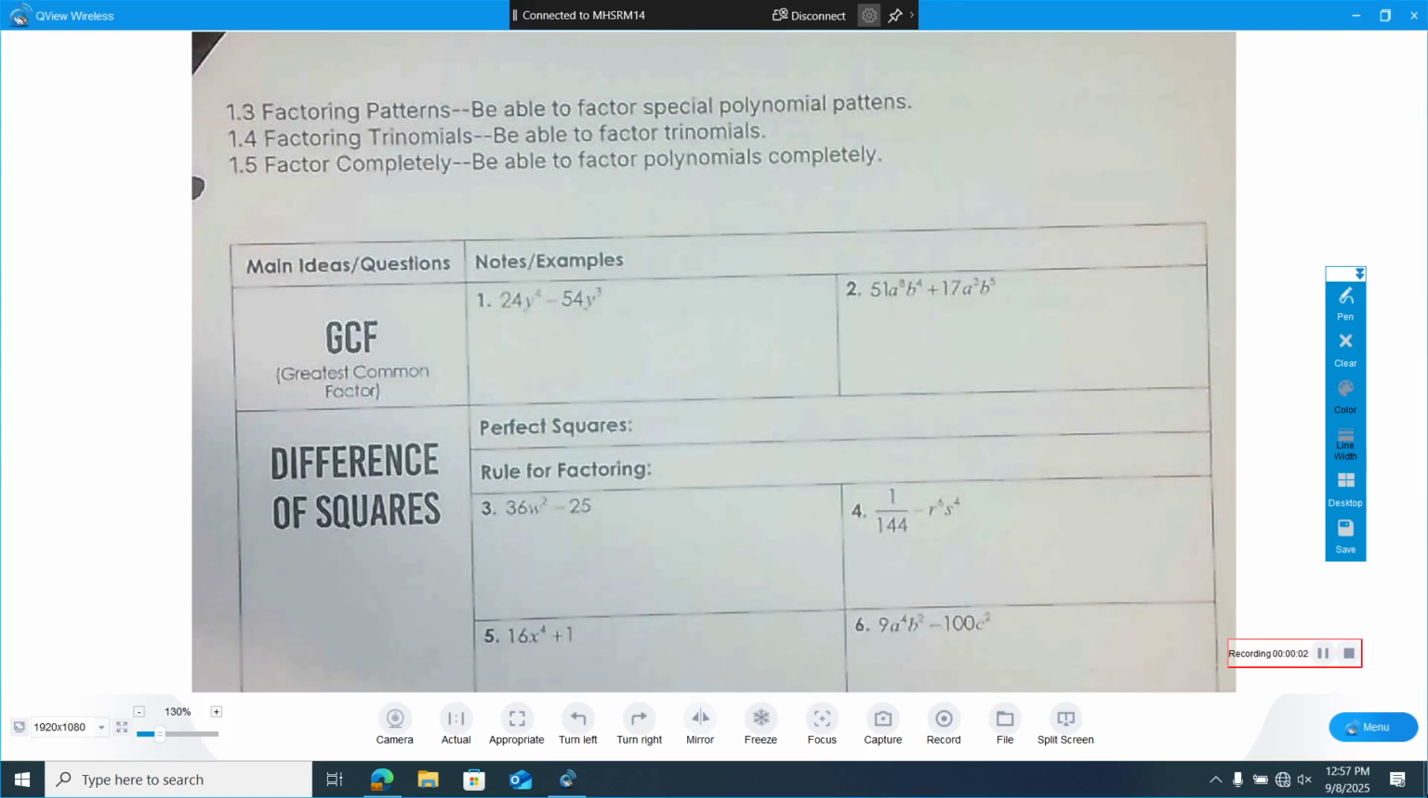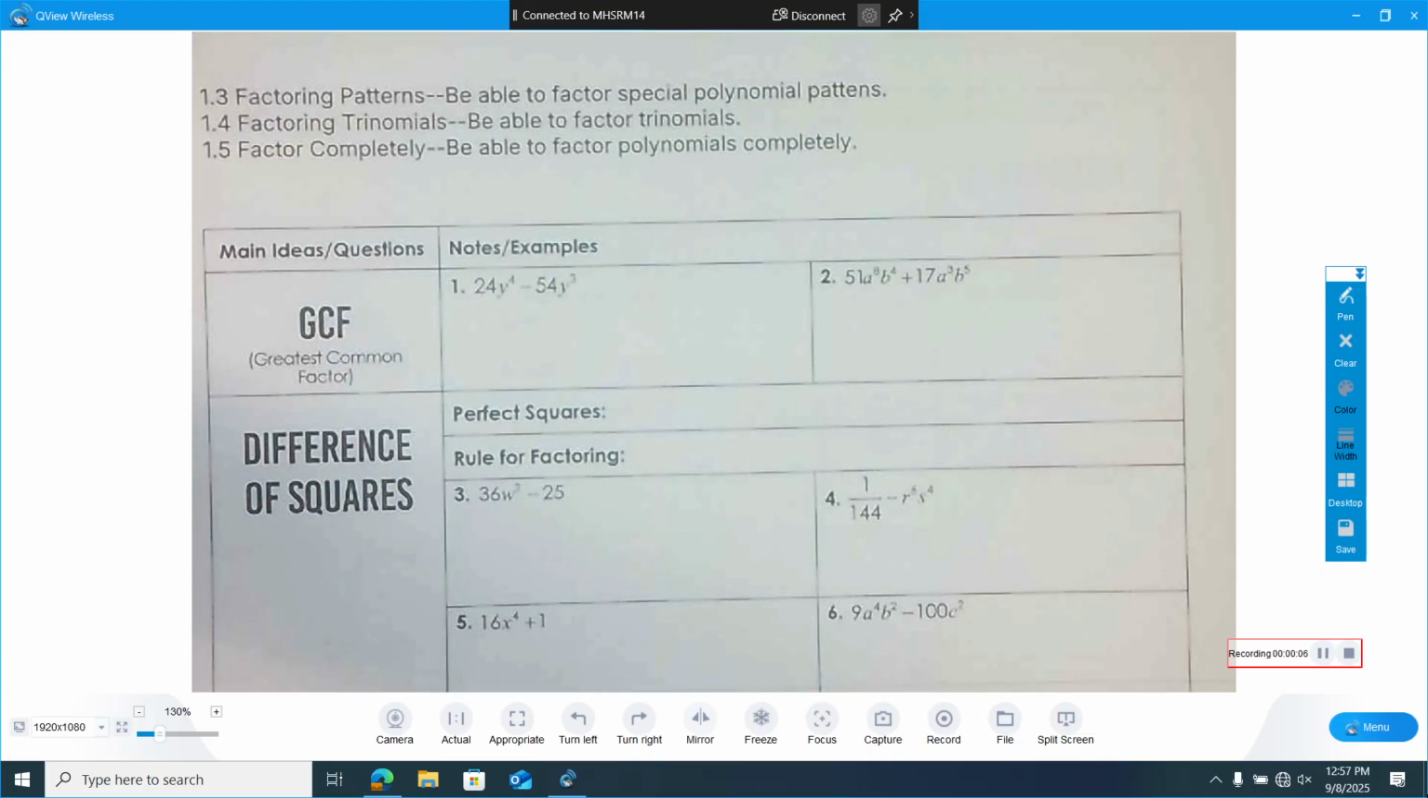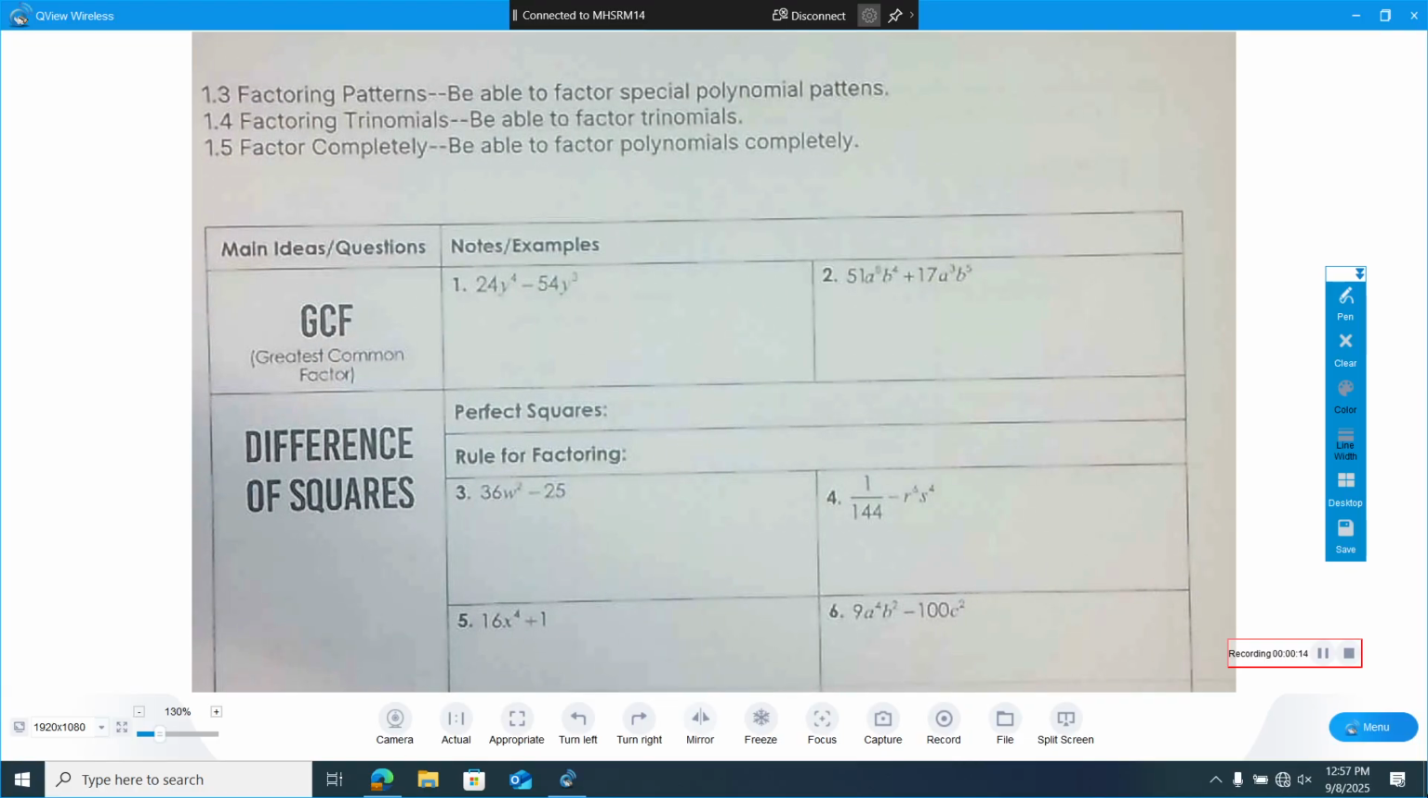So we are looking at special factor patterns today. I don't like to focus too much on patterns, mostly because if you know how to factor, it's not a real issue. However, there are two,